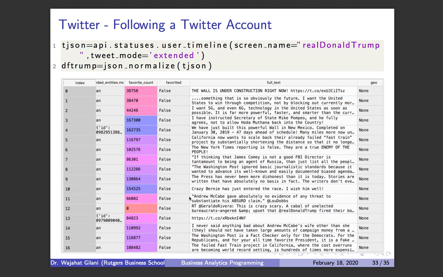All right, so that's how you can look at a certain topic. Now, let's say you want to find out what a certain person is saying, what a person's tweeting. You just need their username, and you can use another function called user underscore timeline. And now we can get all their tweets. For example, Donald Trump. If I wanted all his tweets, I would simply just say